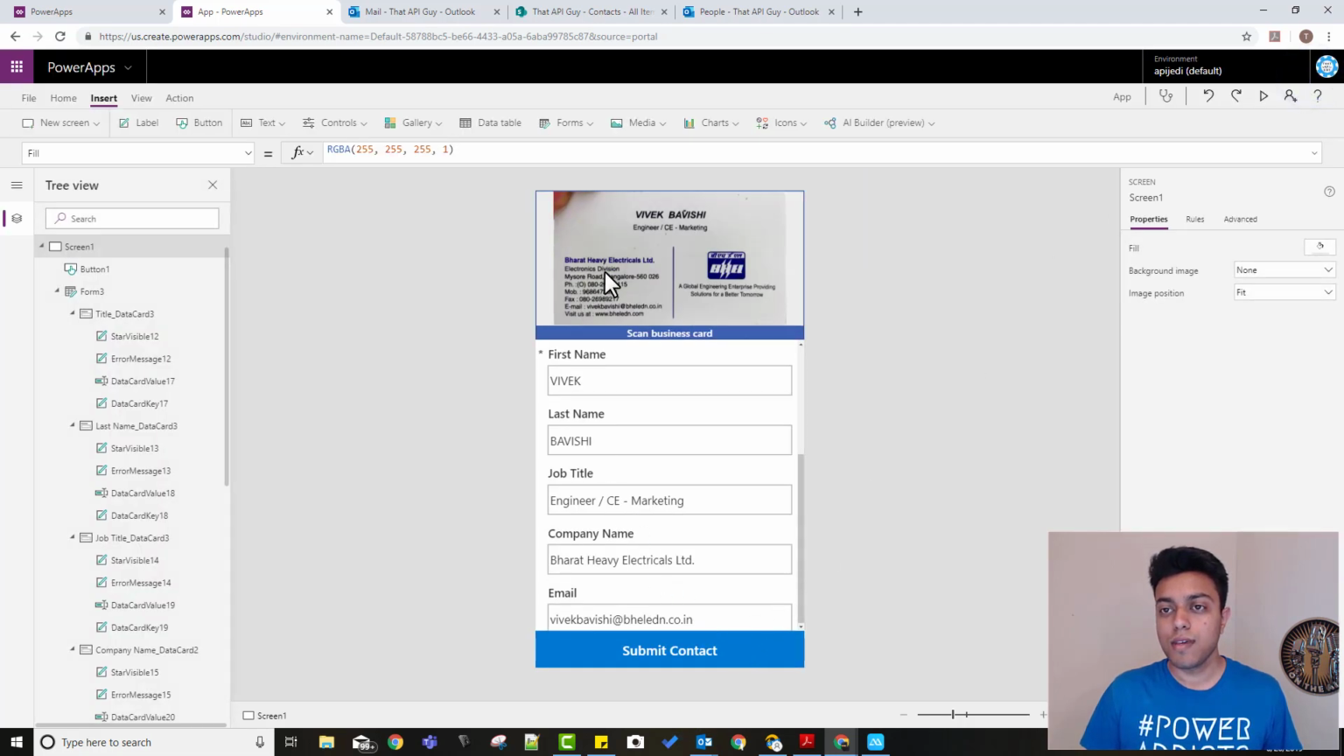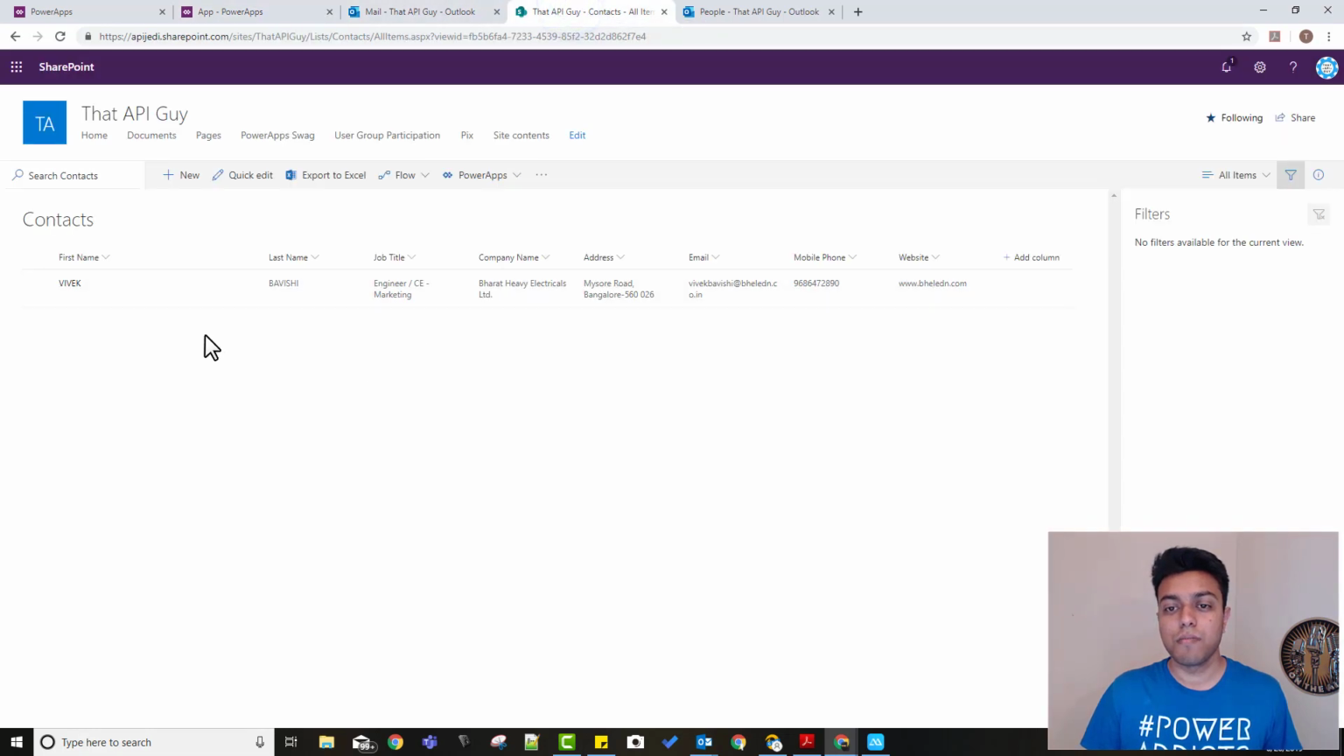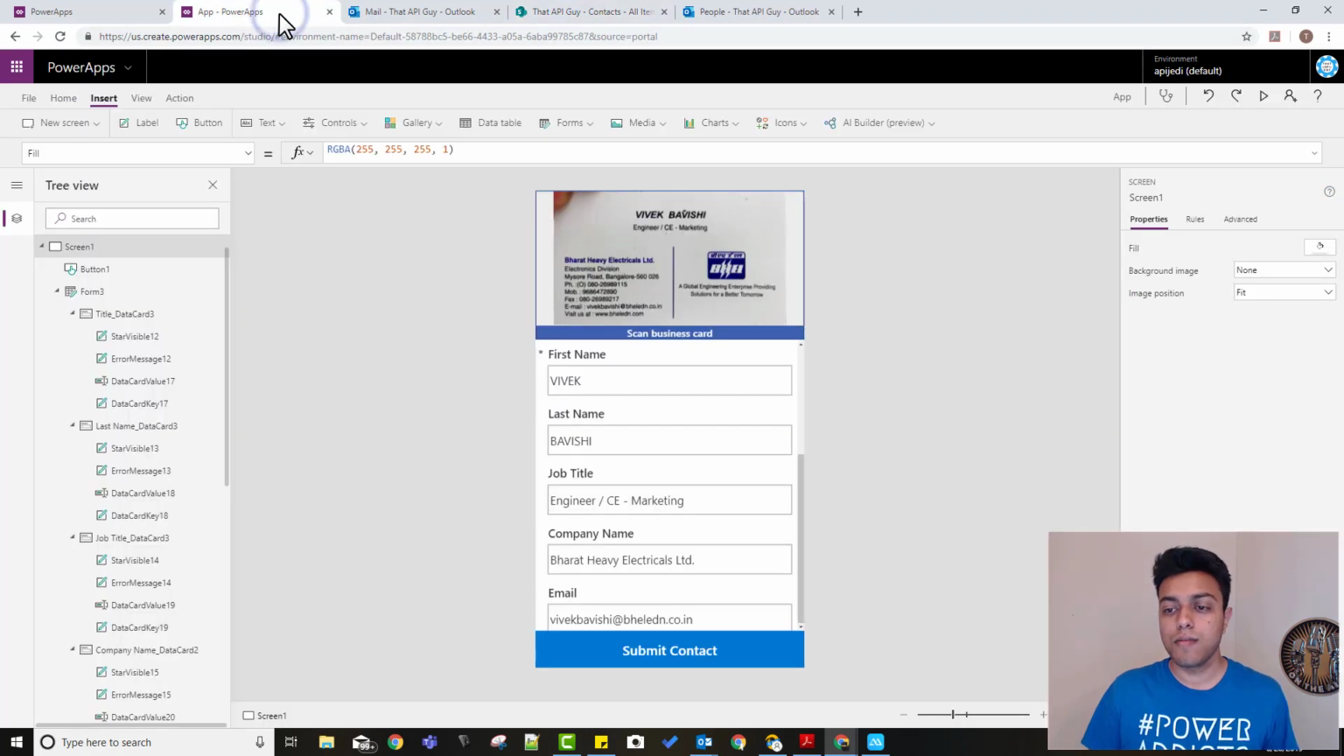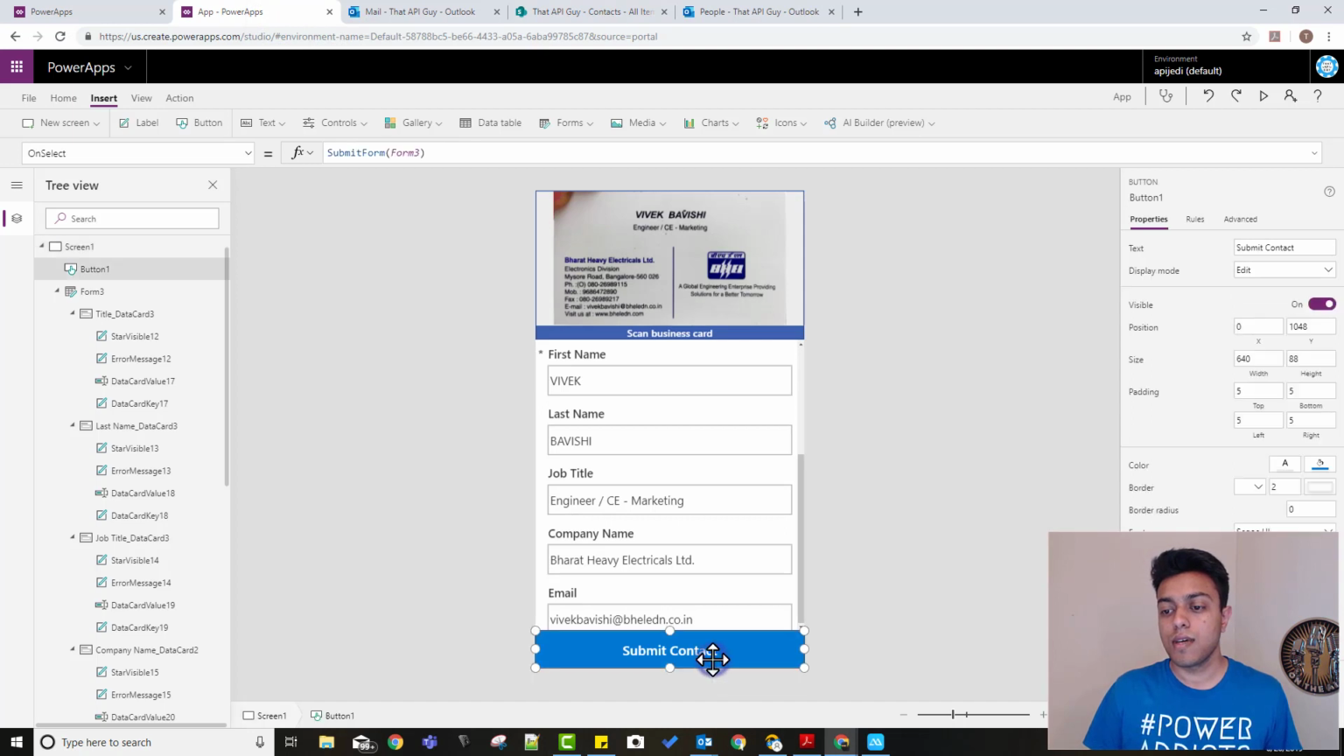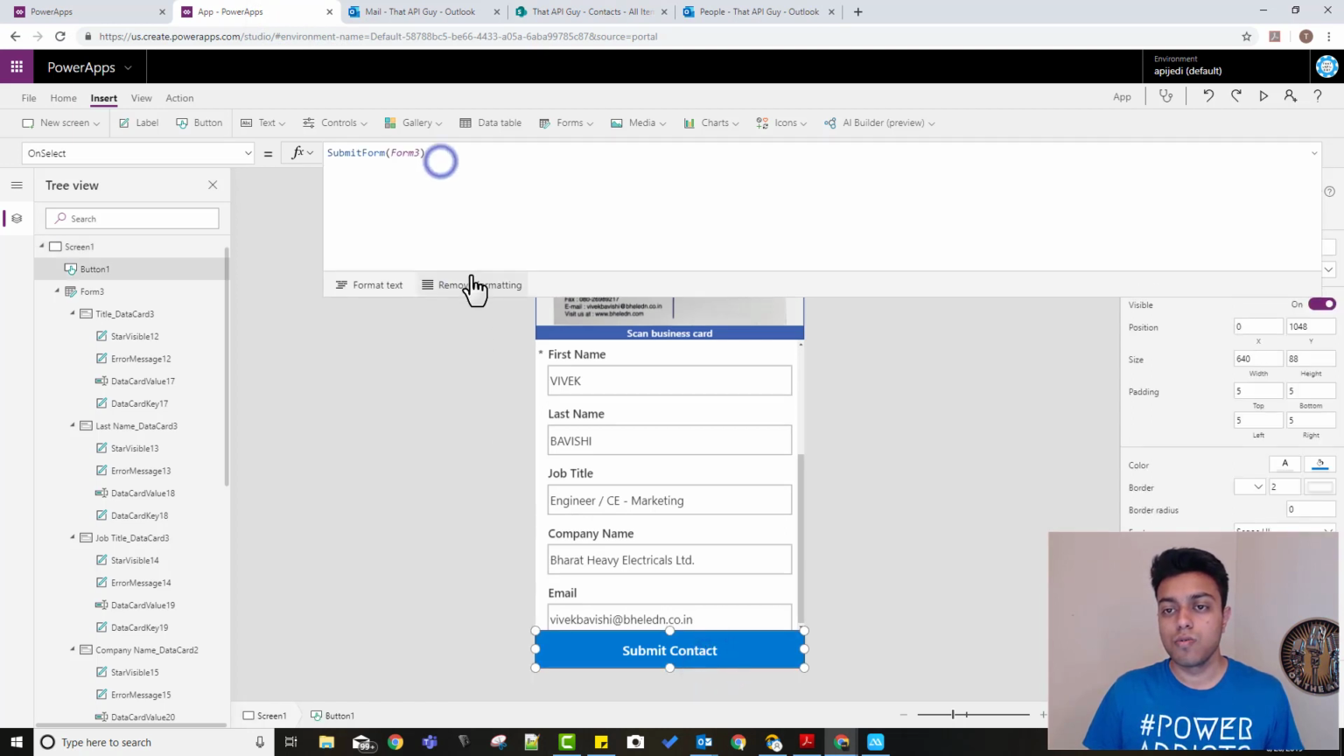I'll just click on submit contact. And because we didn't do anything with it, there's a success screen, but it should be there now. So let's go to SharePoint. There you go. First name, last name, everything over here. Okay, the other thing that we want to do is try adding this contact to Outlook. You probably have your Outlook contacts already synced to your phone,